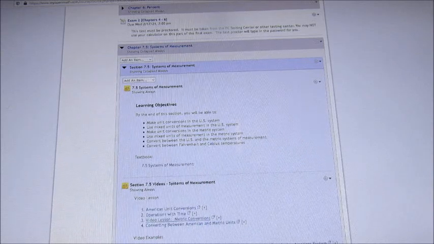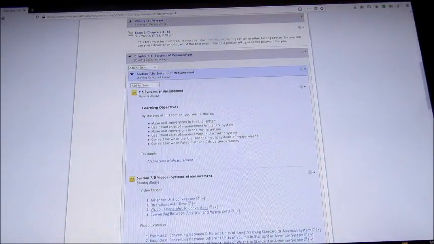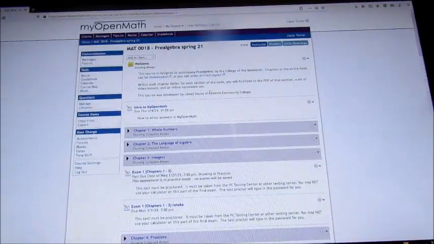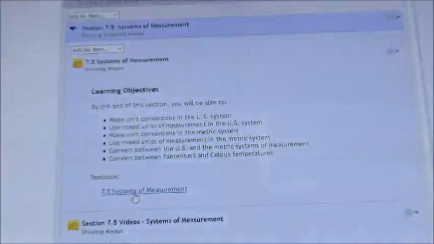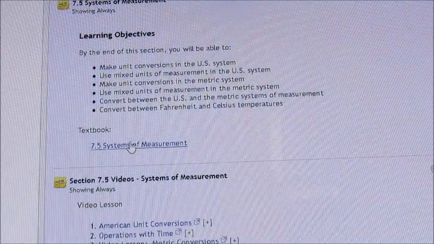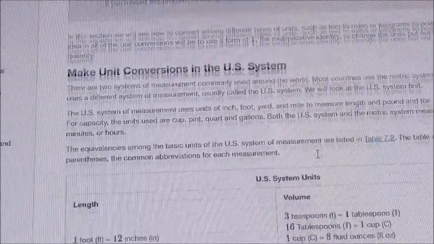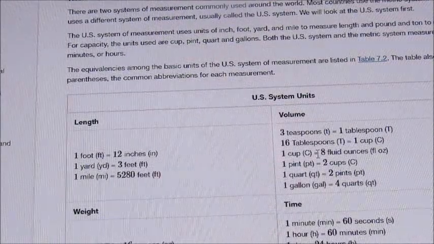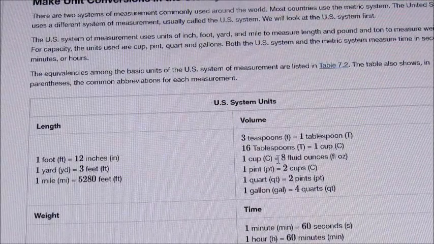So what you need to do is go onto the main page here, which is the MyOpenMath. Go down to the section 7.5, and on this one you do need to go to the textbook and you need to open this because there's some things on here that you need to have. Okay, so once you do that, scroll down and see here we have the US systems of all the different